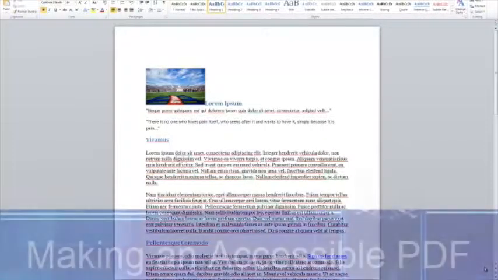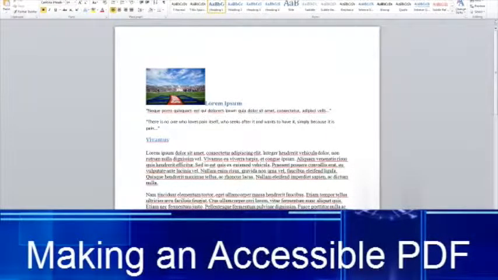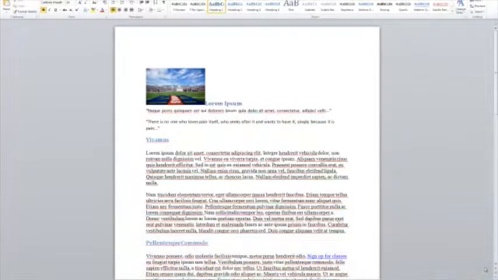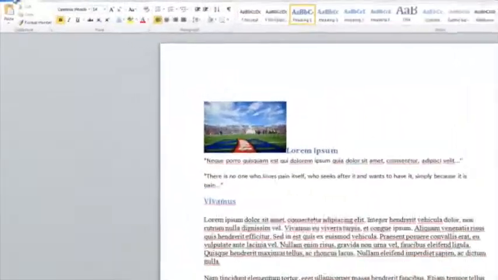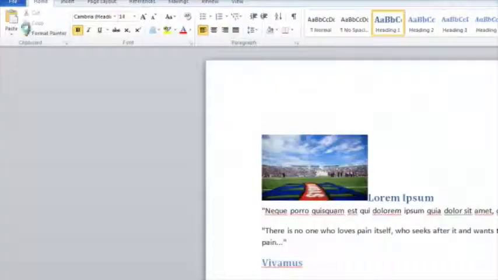Many instructors like to use PDF files for course materials because the files are smaller, they cannot be altered by students, and they can be read virtually on all devices. Word 2007 or newer can make your Word document into an accessible PDF file without the need for additional software such as Adobe Acrobat. To save your document as a PDF, click File, Save As, and then in the Format